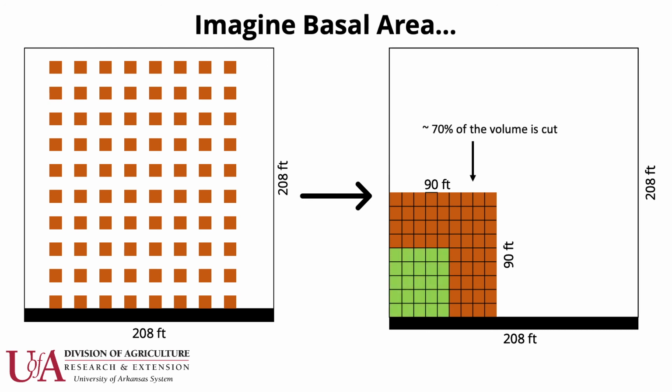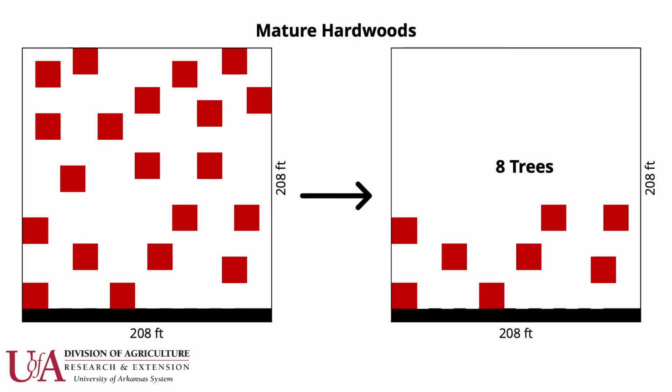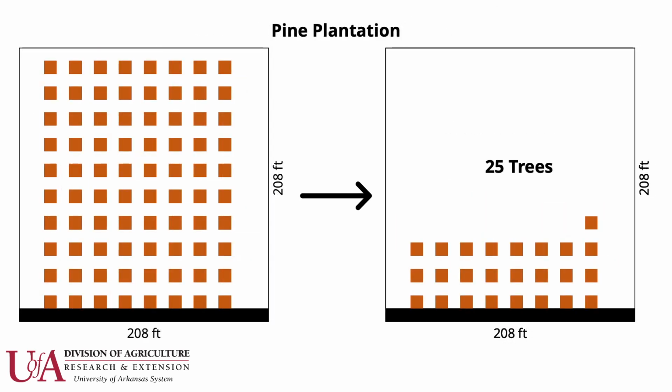So if we have a shelterwood prescription calling for a 90 basal area forest to be cut back to 50 basal area, it means we want to harvest 5,600 square foot of woody stems out of the 8,100 square foot available, leaving about 30% of the stand's volume, or 8 trees in the mature forest example, and 25 of the smaller pine trees in the first example.